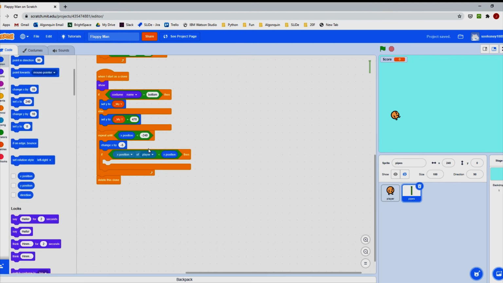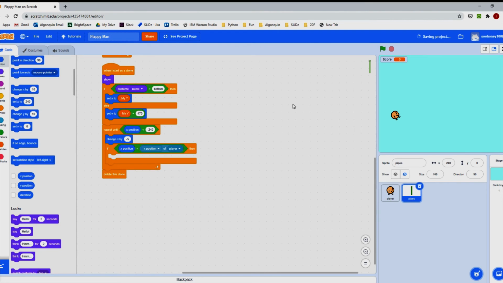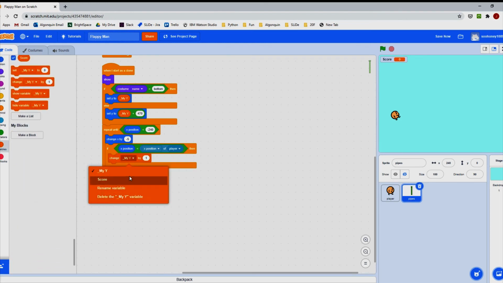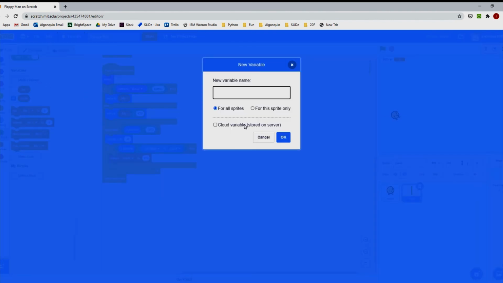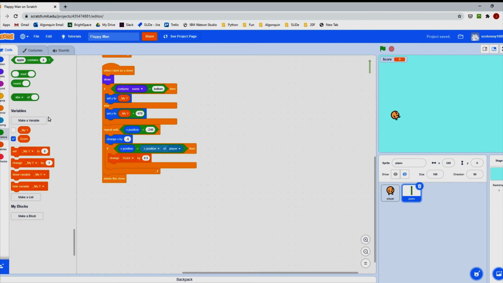So if my x position is greater, I mean smaller, so yeah, it has to be. If my x position is smaller than the x position of the player, then what I would want to do is change the score by 0.5. And what you would want to do is create a variable, scored, for this sprite only. Now this will help us avoid